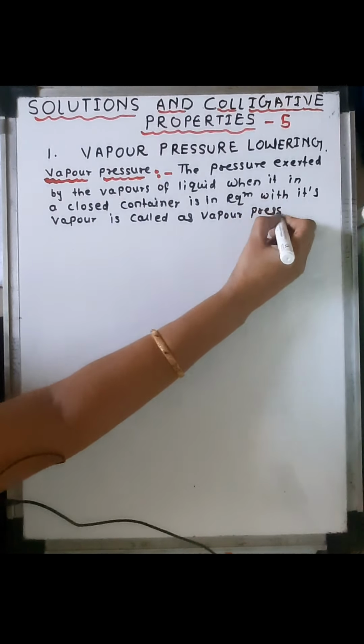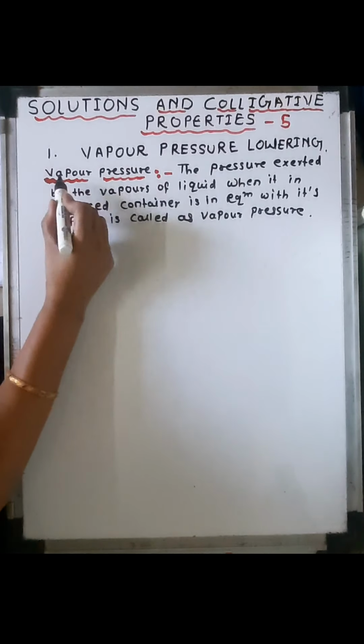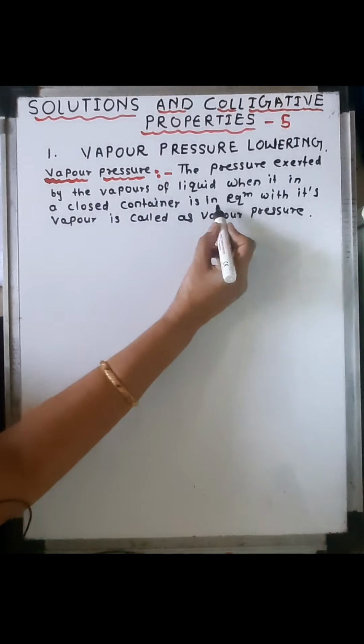Easy definition: the pressure exerted by the vapors of liquid is known as vapor pressure when it is in